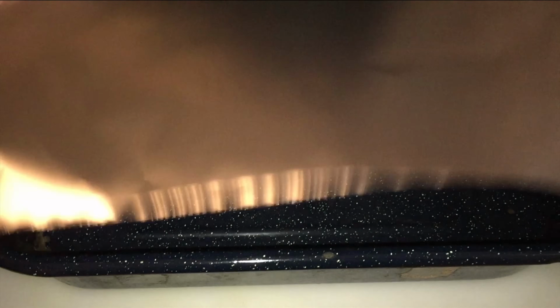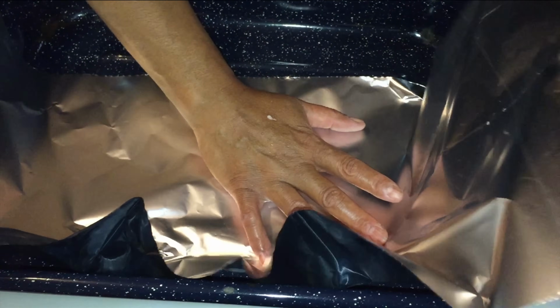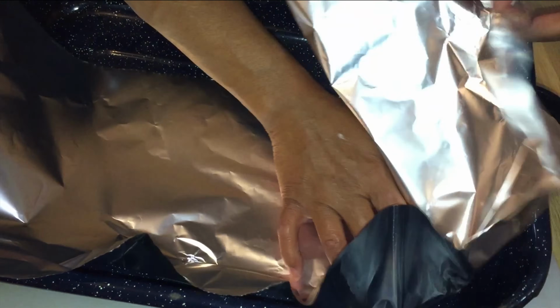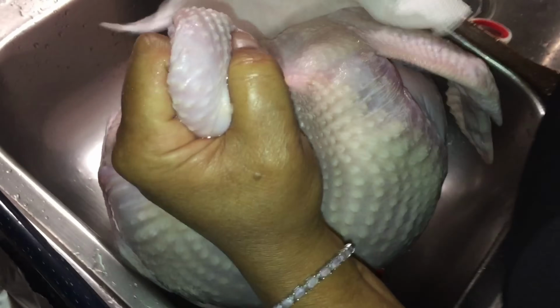I've got the pan I have washed out, and I am sticking aluminum foil. I want to cover this in aluminum foil, basing the bottom of my pan. I got it kind of long. Okay, I'm dampening the back